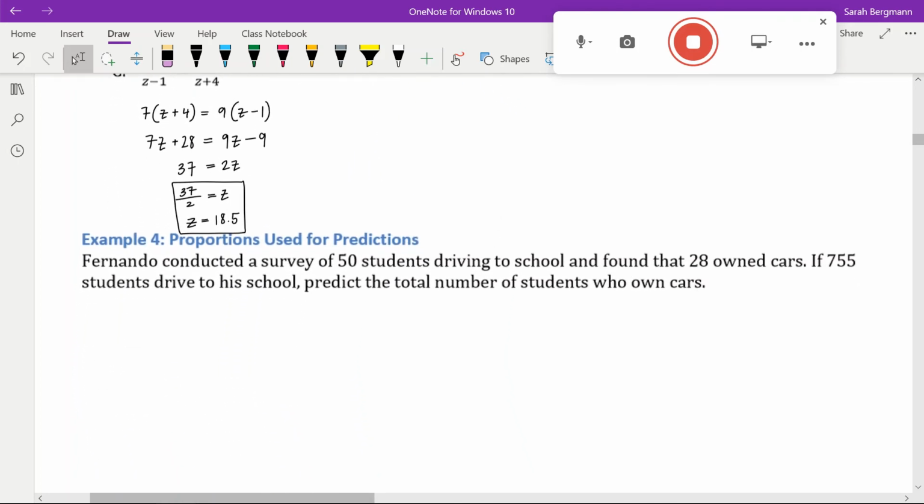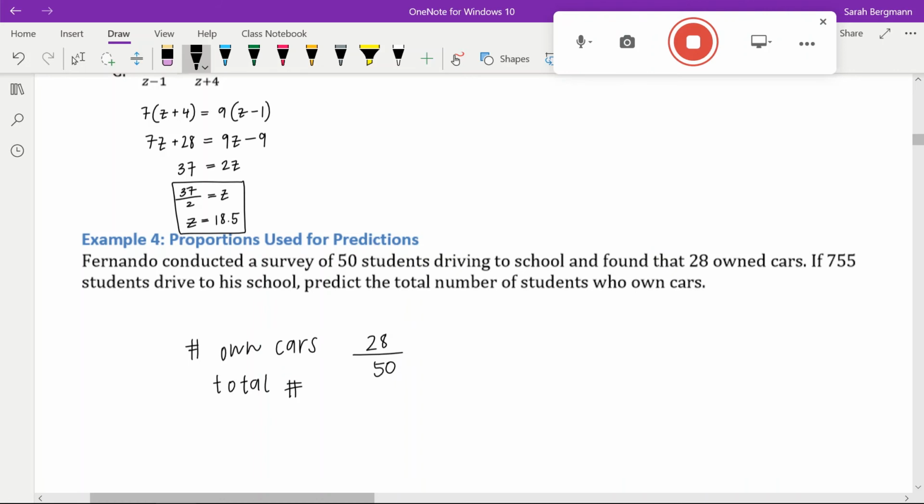You can also use proportions to predict. So this problem says Fernando conducted a survey of 50 students driving to school and found that 28 owned cars. If 755 students drive to his school, predict the total number of students who own cars. So what he did was he found the number of people who own cars, and we also know we can find that ratio of the number of people who own cars to the total number that he surveyed. That ratio would be 28 to 50. 28 of them owned cars out of the 50